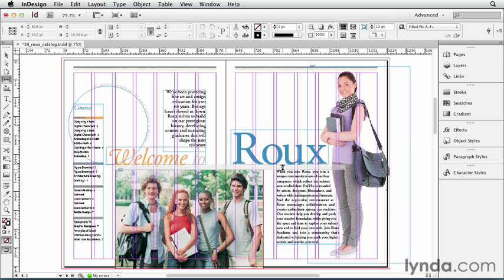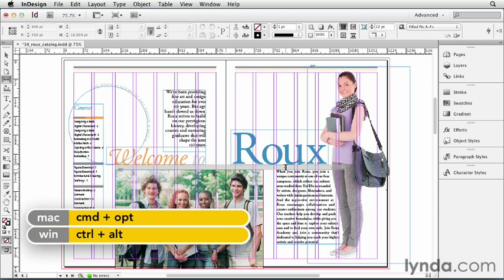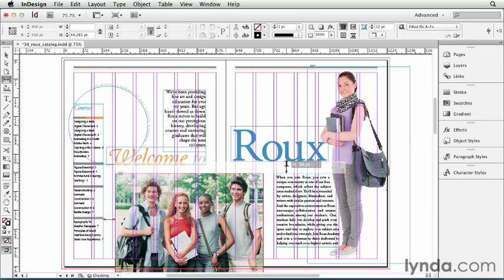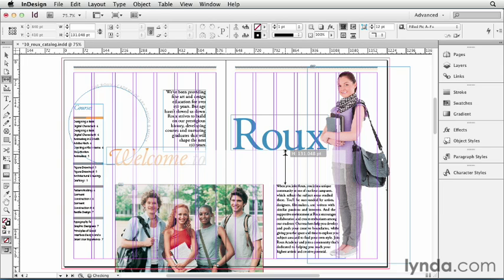Different modifier keys do different things. So holding down the Option or Alt key tells InDesign to move. Holding down Command and Option or Control and Alt tells it to move and change the size of the gap. I'll move my cursor over here between the word RU and this text frame. Notice that this gray bar goes all the way across the two-page spread. The gap tool can see across spreads. Now I'm going to hold down Command and Option or Control and Alt and click and drag in this gap. You'll see that it's actually moving all 3 frames up or down, and by doing so, changes the size of